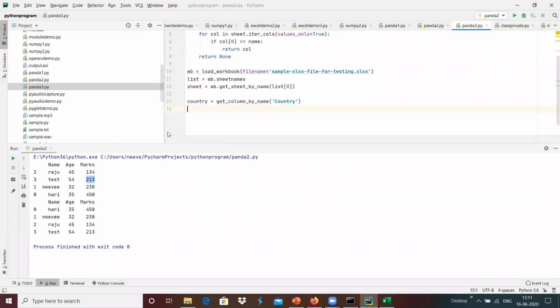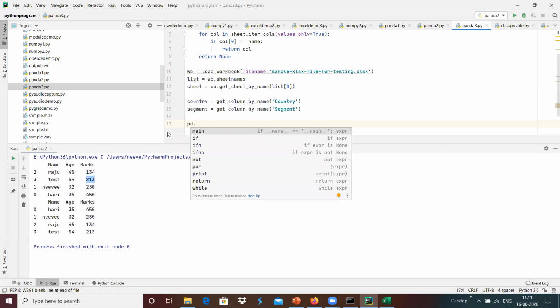I'm going to create a segment over here, which is get column by segment. Once it is done, we can load this into a data frame as a file with the help of pandas.